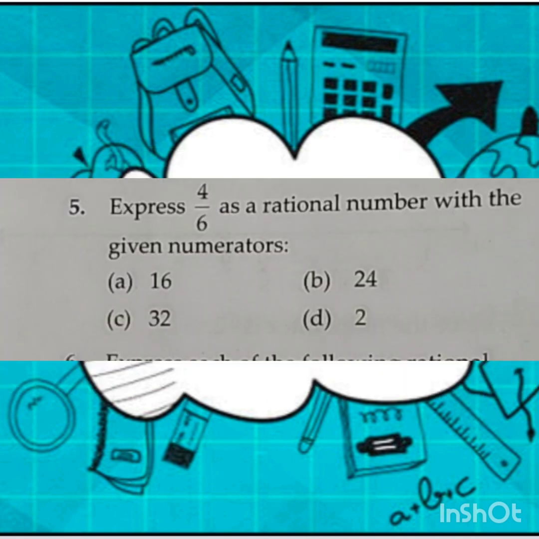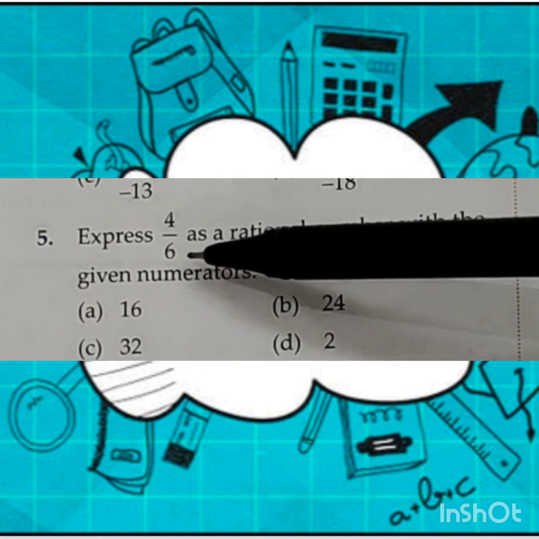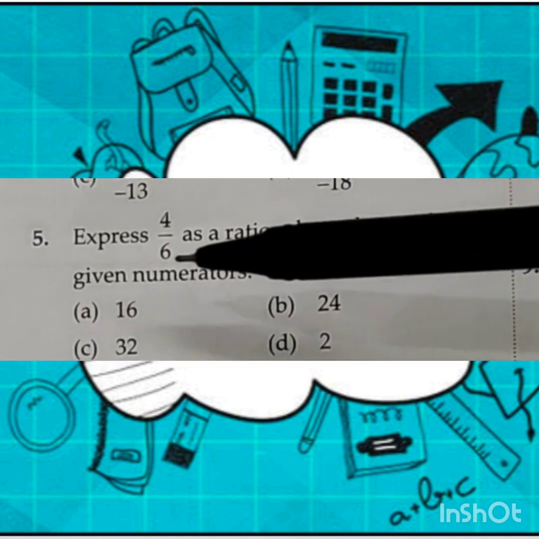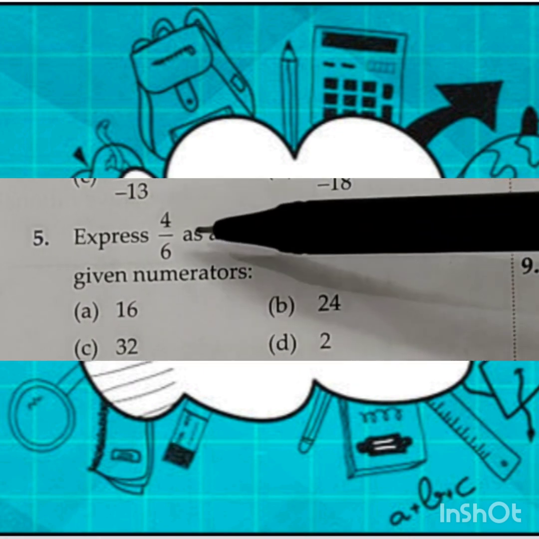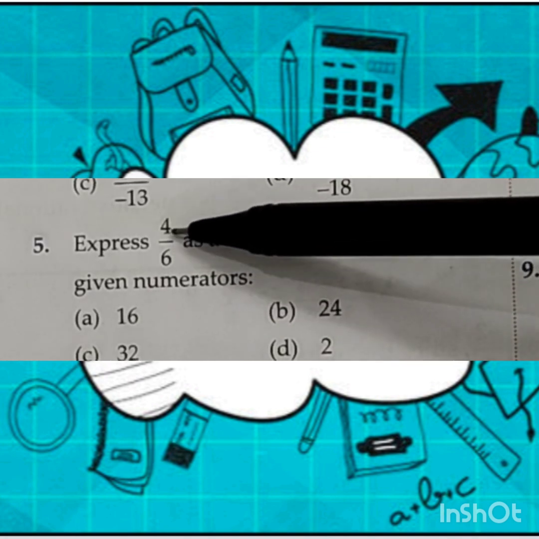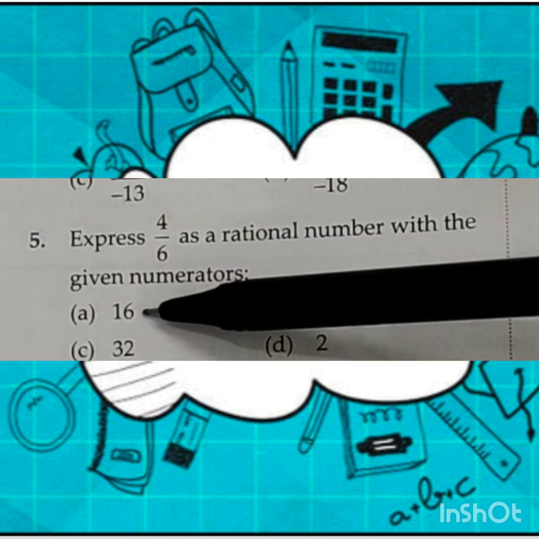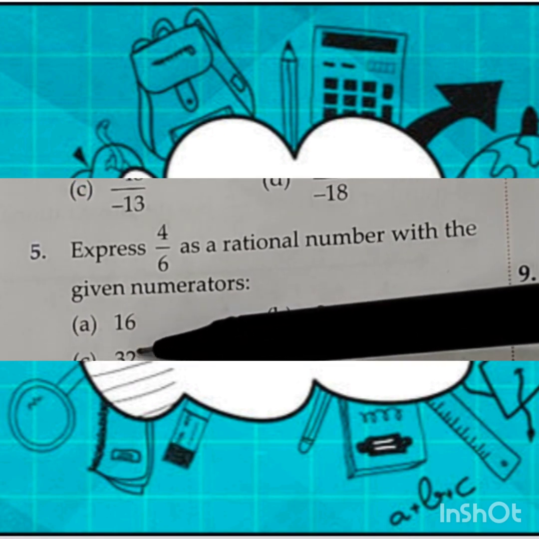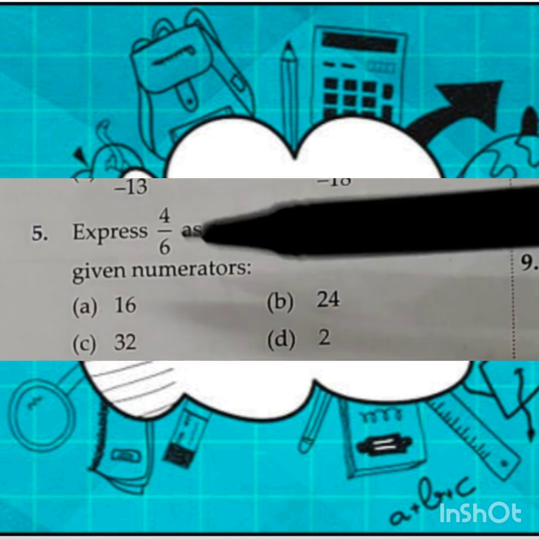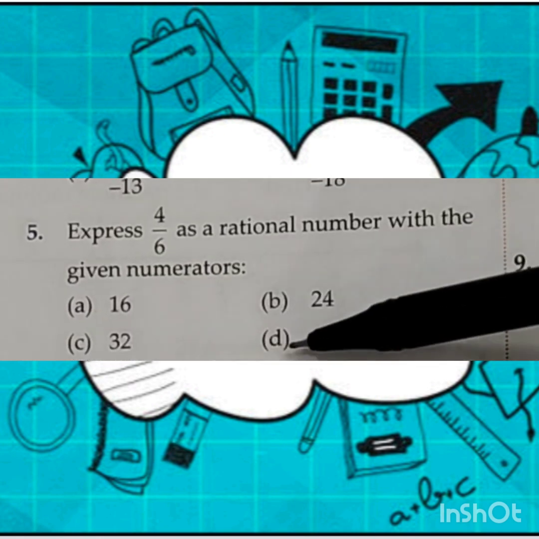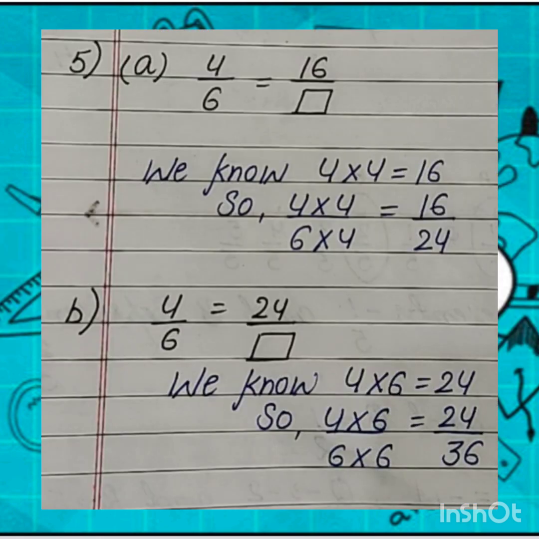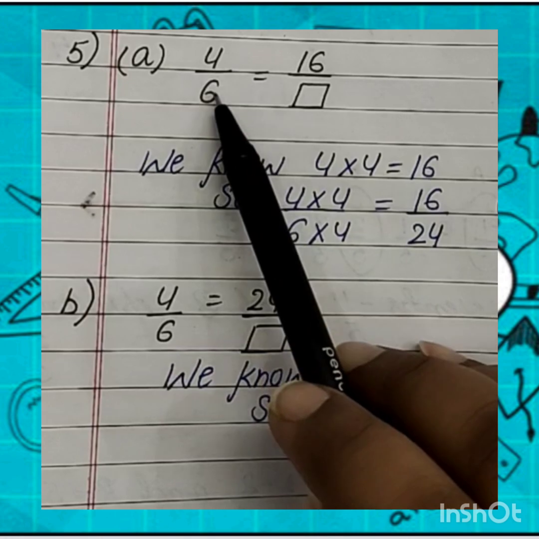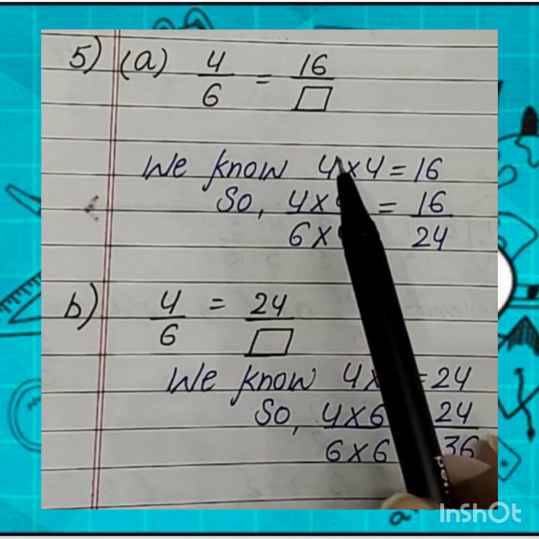Now question 5. Express 4 upon 6 as a rational number with the given numerators. Means we have to write the numerator of 4 upon 6 as 16, then in next part as 24, and in next part 32, and in D part we have to write the numerator as 2. Students, we have to write the numerator of this rational number as 16, and we know that